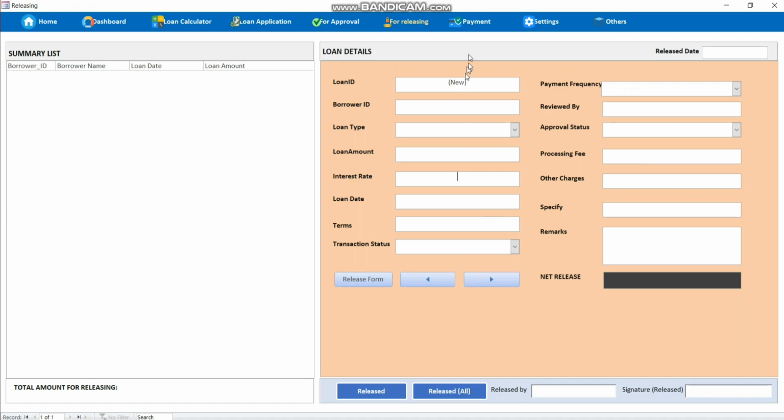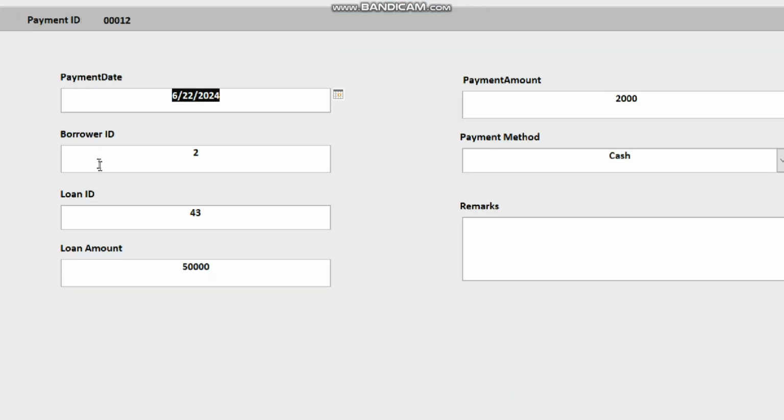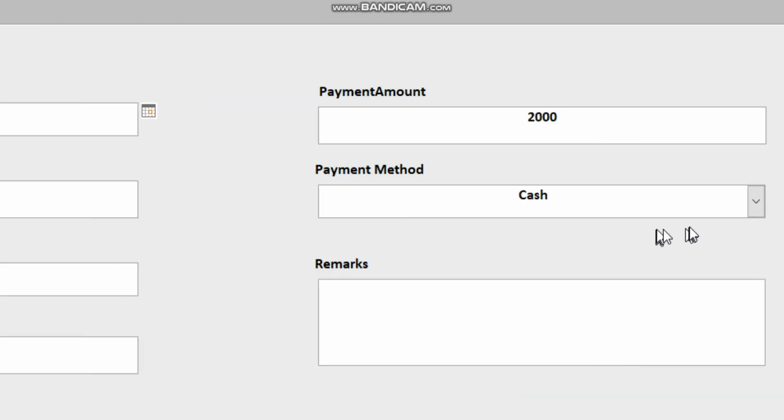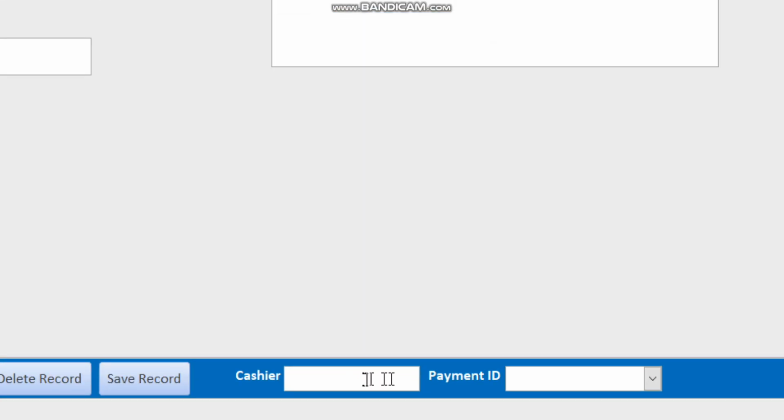Next, payment entry form. This form is where the amortization amount that loanees pay monthly is recorded. The loan ID, borrower ID, loan amount and payment method are recorded. The employee who receives the amount is required to enter their name as well as the payment date before posting the